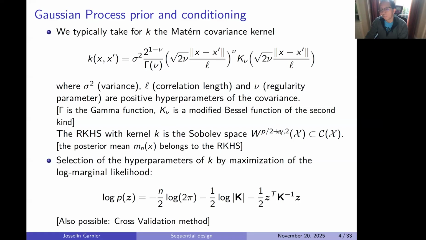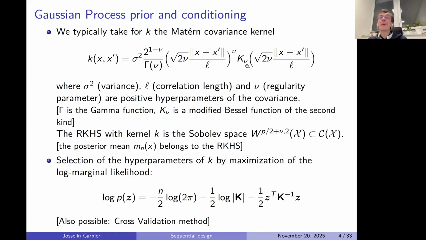But in practice, I can see sigma and L are relatively simple to optimize. How do you optimize nu? In fact, usually we cheat. We don't consider nu as a continuous parameter, but when nu is an integer plus 1/2,